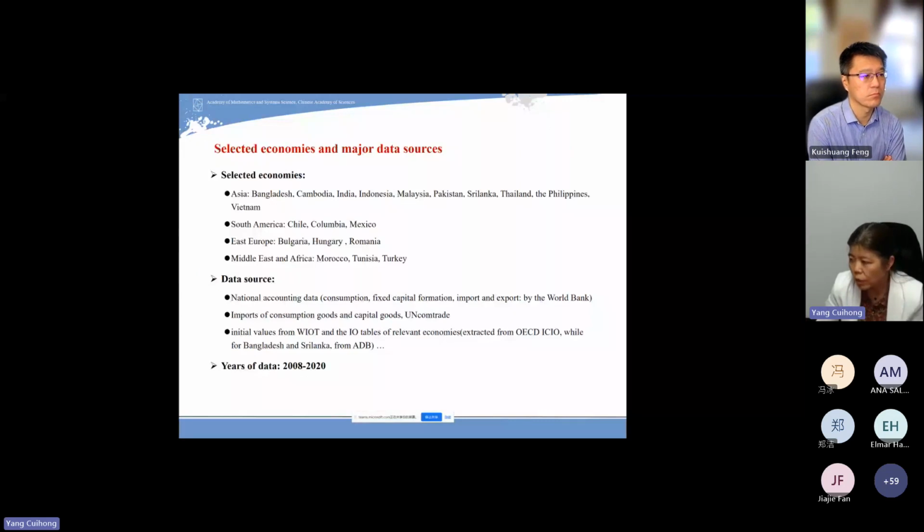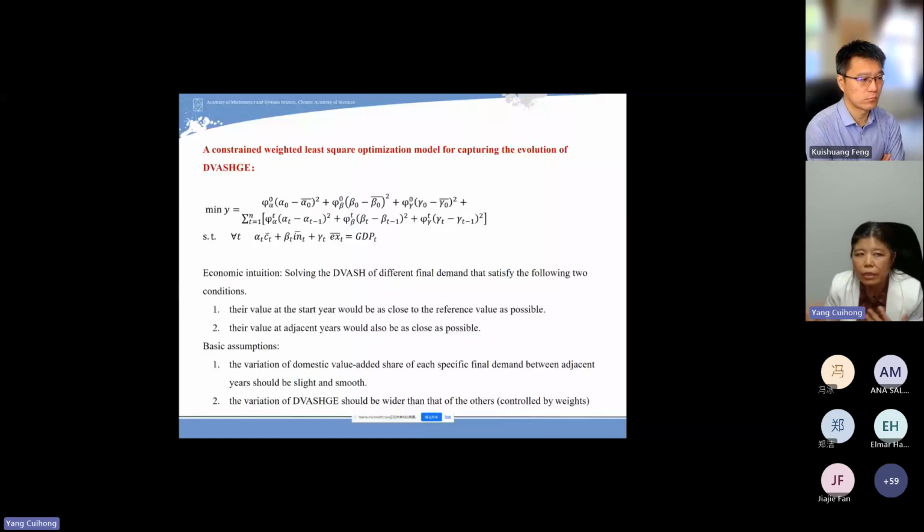So this is the model. This is the basic optimization model to estimate the alpha t, beta t, and also gamma t. And for the data set, we selected 19 economies. The basic criterion to choose the economies is that one major thing is the data availability. This is one constraint. Another constraint is that we mainly focus on the developing economies, who may be the destination